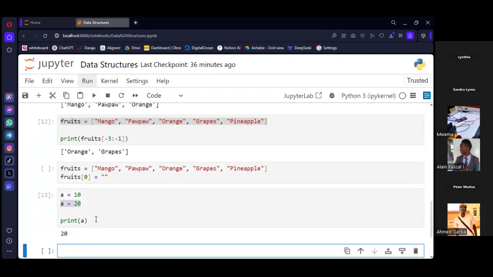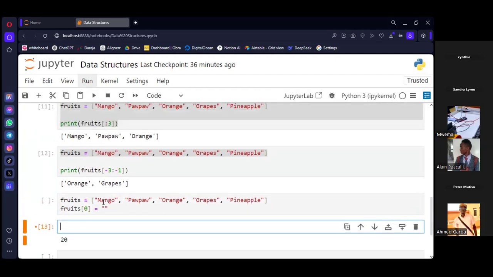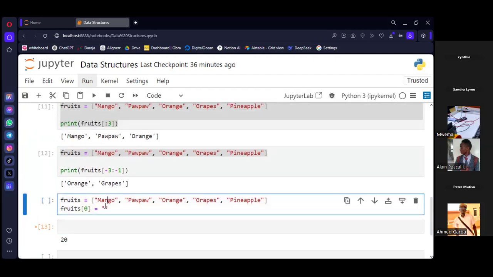So Python is very dynamic. In this case, when you update the first index, initially it was mango, but now you assign it a new value, like banana.